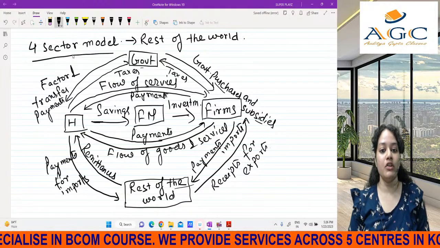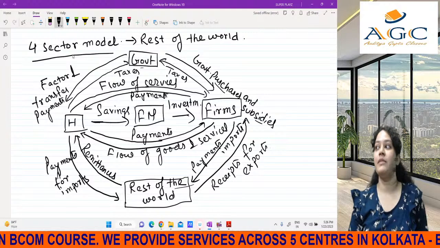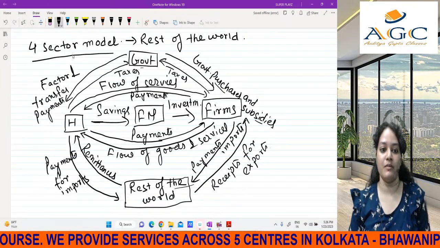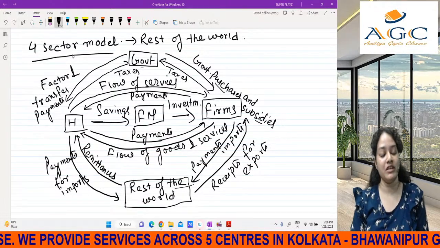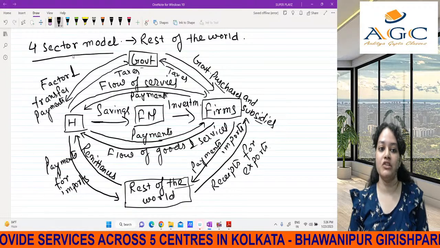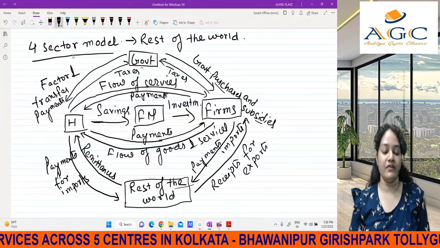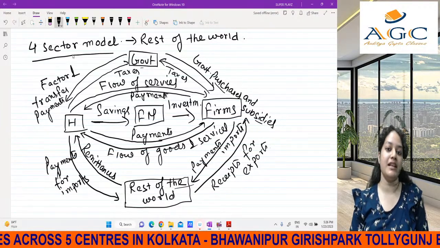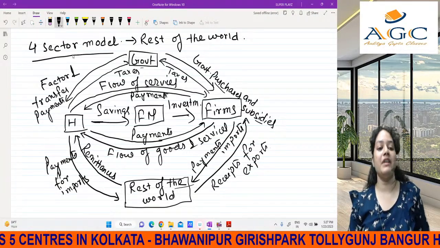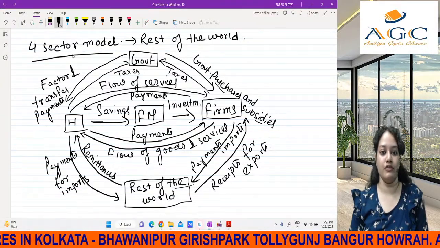So for the answer, what do you have to do? If the question is explain circular flow of income and your money flow and your real flow that is going on simultaneously in the economy, you have to give your circular flow explanation, then you have to give your money flow and real flow explanation, then you have to give your two sector model with savings and investment, the explanation as well as the diagram. So that would be your answer for it. And basically, if straight questions are asked, then you know what you have to do.